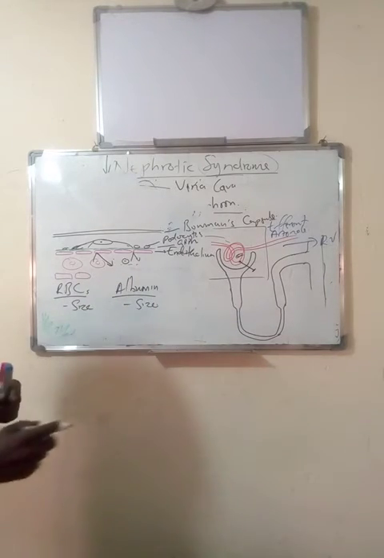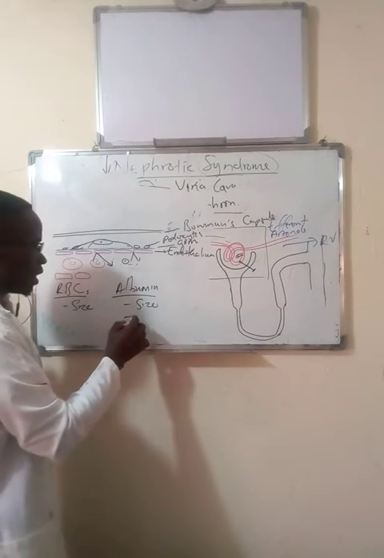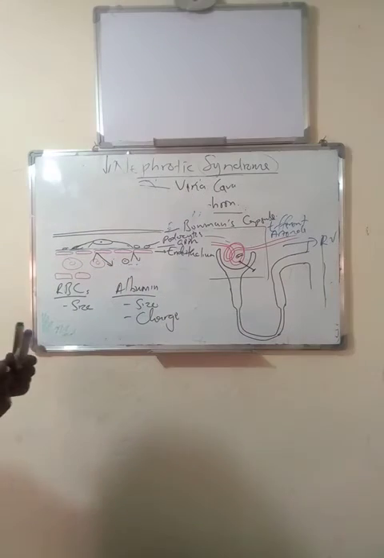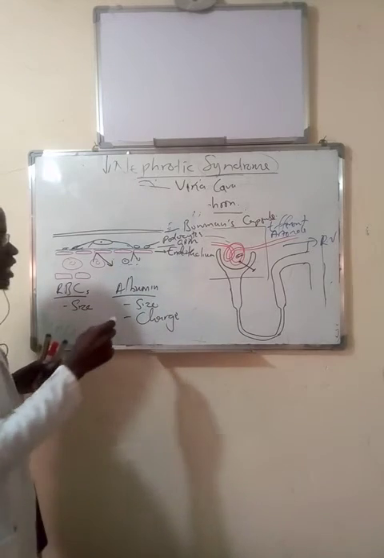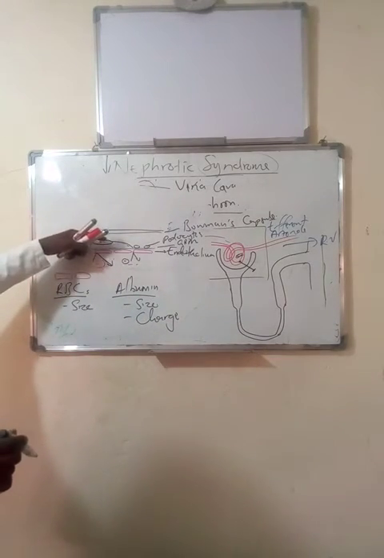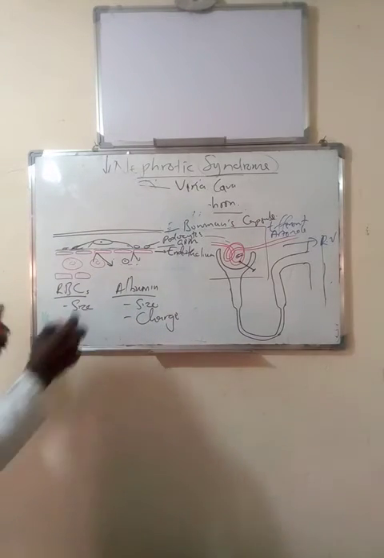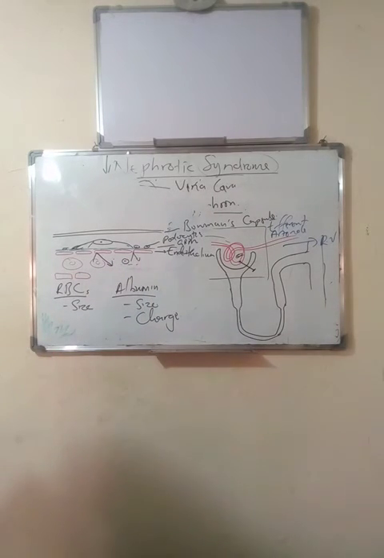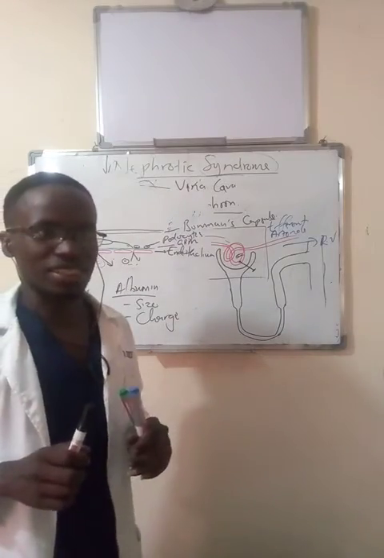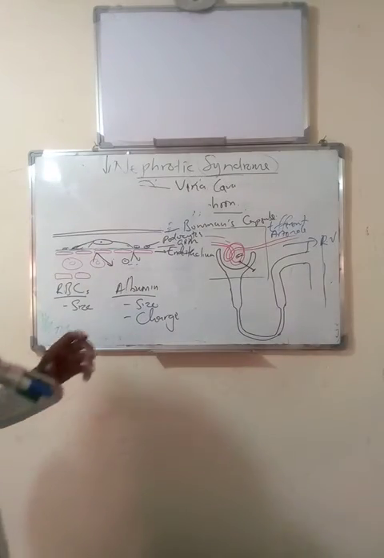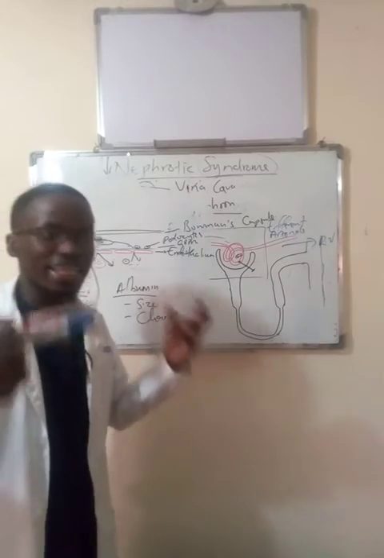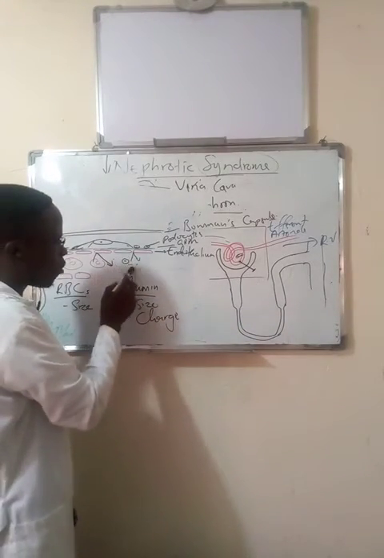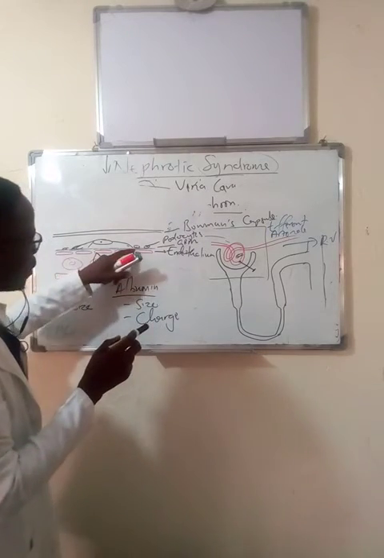Remember, these proteins, that is albumin, are negatively charged, and the podocytes also have a negative charge. Now remember, according to the first law of electrostatics, unlike charges attract, while like charges do what? Repel. So because this albumin is negative, and the foot processes of the podocytes also have that negative charge, it means that,